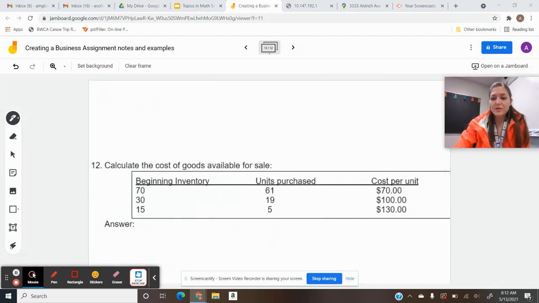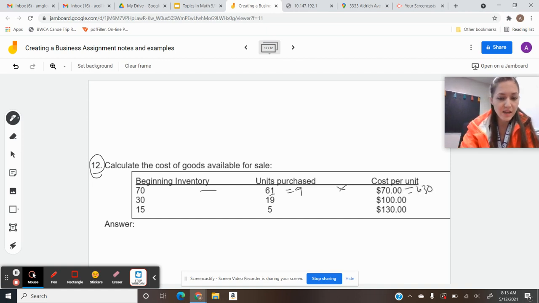All right, we'll go ahead and do number 12 together so you guys get some free answers and you know how to do the rest by yourselves. I think the numbers are actually different on your assignment, but I know that the problems are the same. Okay, so just the number right here might be different. Okay, so the second one under section 4, calculating the cost of goods of available items. Okay, so go ahead and take your beginning inventory, subtract it from the units sold to figure out how much is left in your store, in this case 9, multiply that by 70, and you get